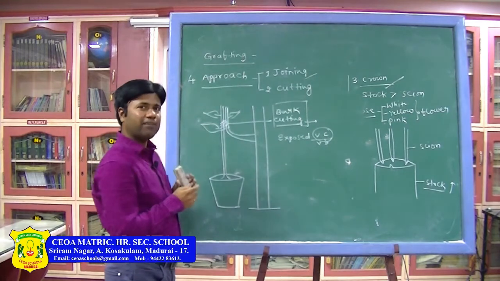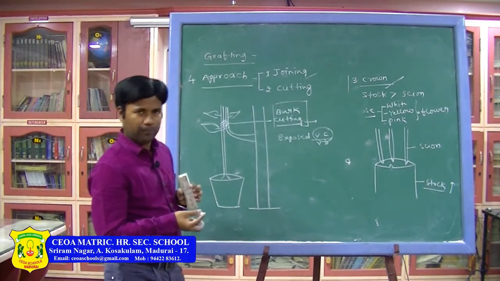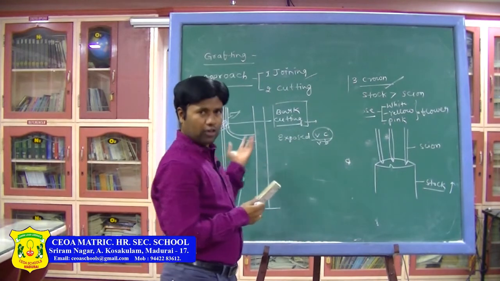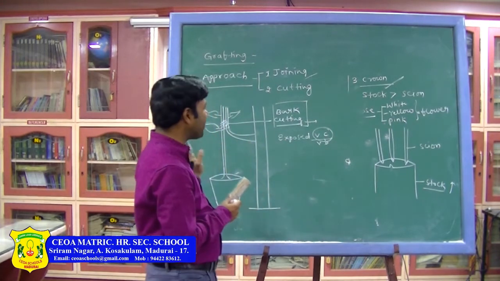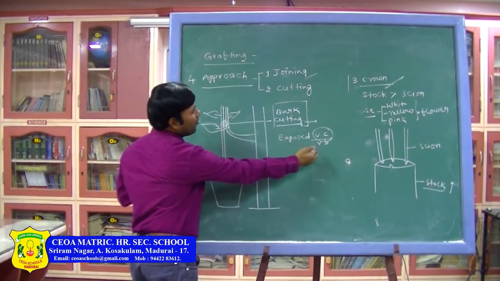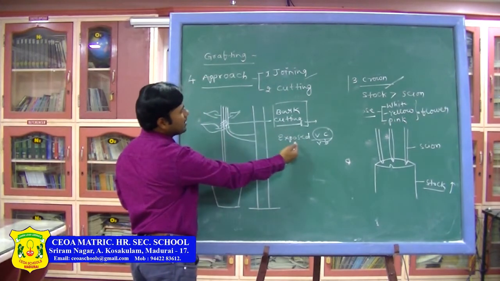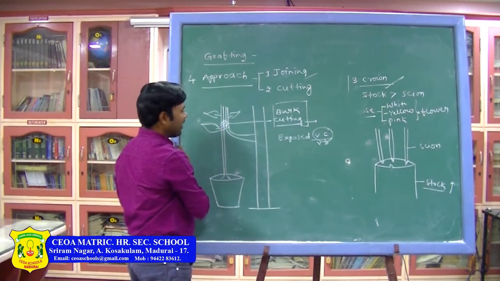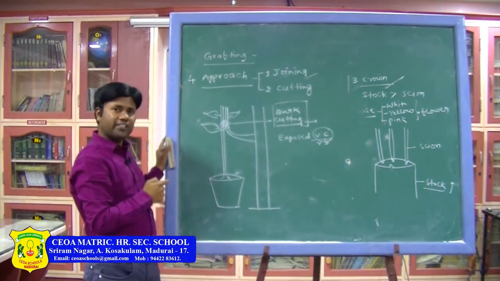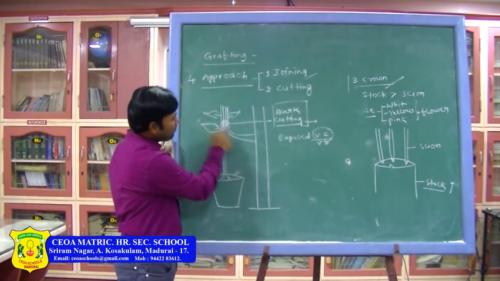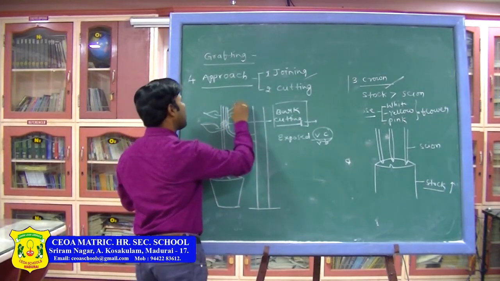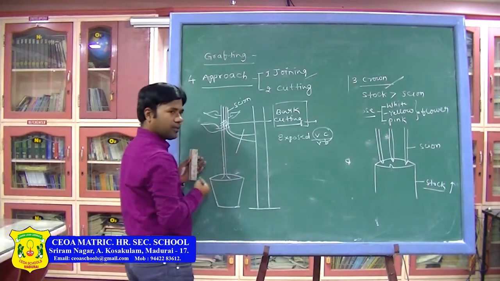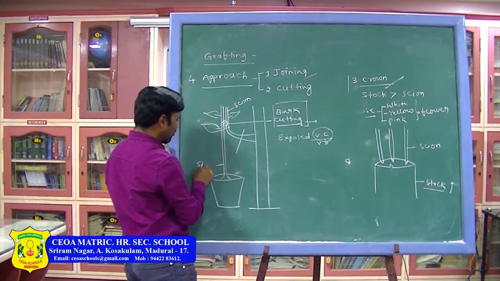When we cut, what happens here? We know that the root-inducing hormone forms some roots like that. But here, only for the purpose of exposing the vascular bundles or vascular cambium we are cutting. Then after, which is the scion and which is the stalk? This part is called a scion. So on the scion part I am cutting in this position. Where is the stalk? This is the stalk.